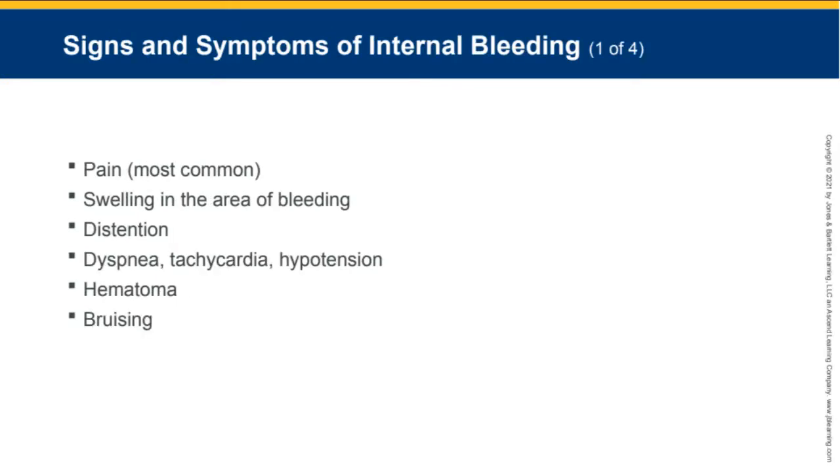Signs and symptoms of internal bleeding. Pain is going to be the most common one, right? So pain is very common. Swelling in the area of bleeding, distension, dyspnea, which is difficulty breathing, tachycardia, heart rate above 100, hypotension, that's a low blood pressure,